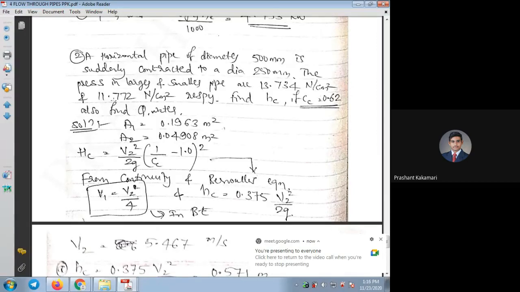So P1 is 734 Newton per centimeter square, which is given. You substitute in meter square, Newton per meter square. P1 by rho g. Okay, rho is water, density of water is 1000, plus V1 square by 2g. So V1 is not given. What I'll do, I will take V1 as V